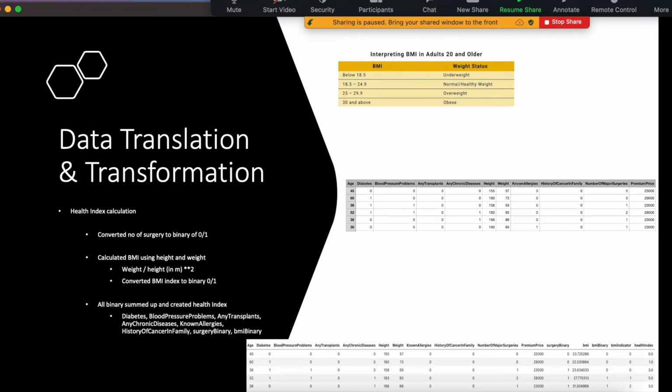That also happens. Suppose some person is a tough client or tough customer, he will be negotiating and trying to reduce that number. That is also what we are going to see, how it is varying. What is the actual premium they calculated, and what is the predicted premium. That is also I'm going to do. So I'm going to predict the premium. What is the actual premium I myself paid? What is the premium I was supposed to pay? Whether he overcharged or undercharged, that is also I'm going to find out.